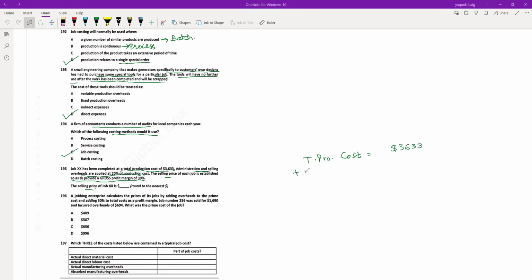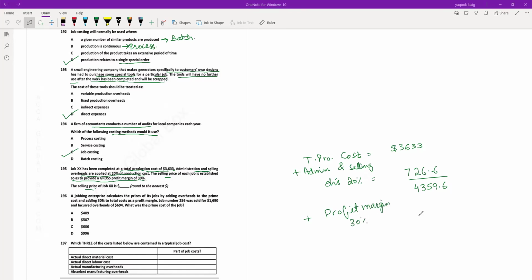Admin and selling overheads 20%, 726.6, plus 3633, 4359.6, plus profit margin